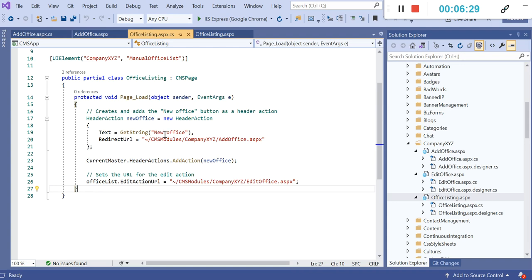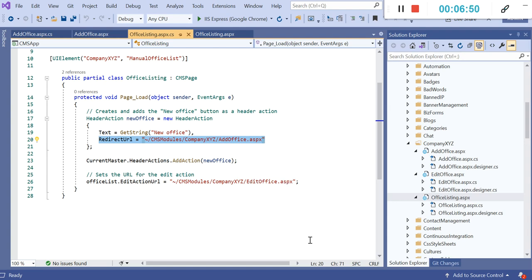When we hit the new office, it will redirect us to some ASPX page where we will be creating the code for the add office part. Similarly, we have created an edit URL, and for the edit we have created this added office.aspx.